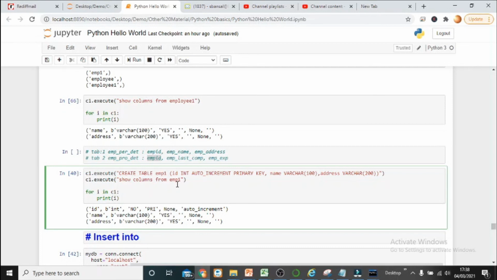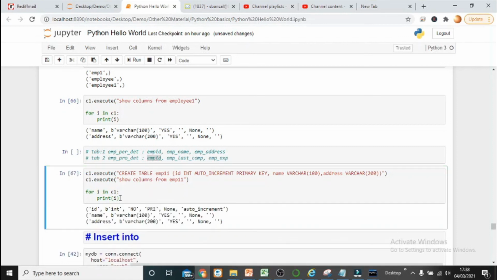Now EMP1 is already created, so I am creating EMP11. So we are creating a table, and after creating it, we just want to understand what columns are created in it. So show columns is the function that we are going to run on EMP11, right? The output of this particular function will be stored in the cursor C1, and then we are iterating over cursor C1 for a few iterations and showing it.